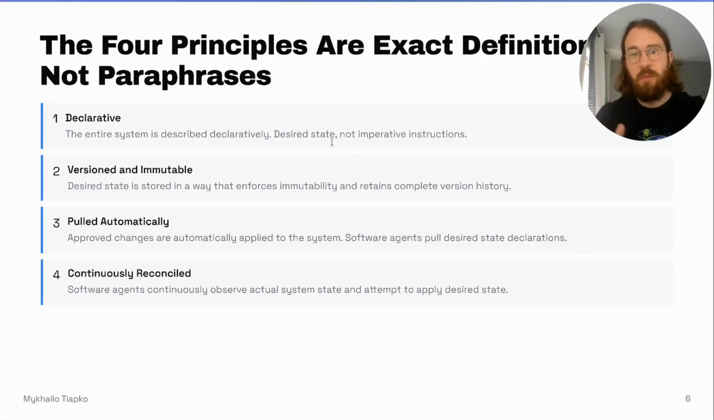The one that trips people is pulled automatically, because the instinct is to say that it's automatically applied, but that's not true because of the mechanism that matters. The agent pulls, and the CI pipeline doesn't push. That distinction appears in multiple questions, worded close enough to catch you if you are not reading